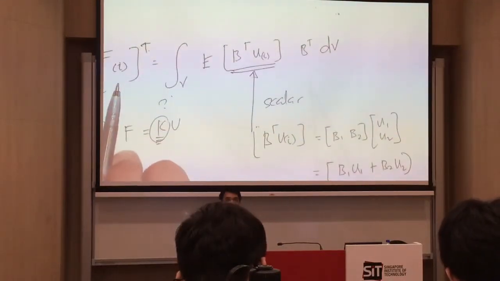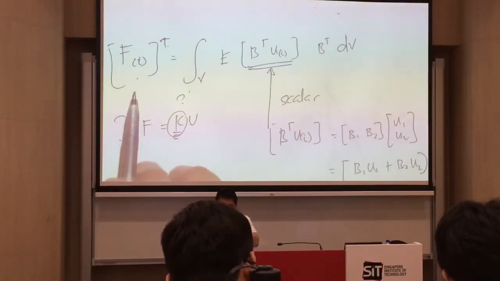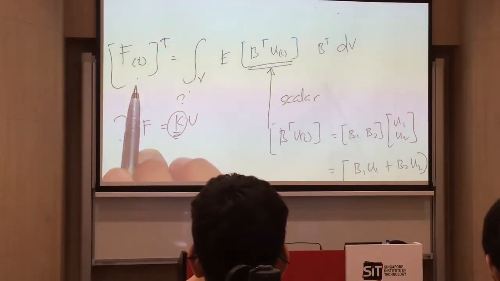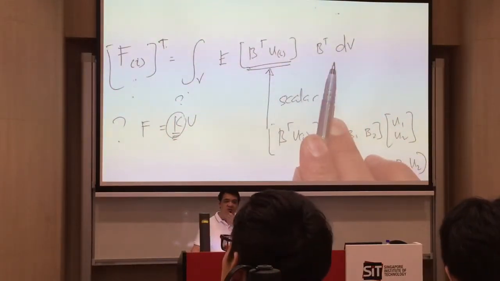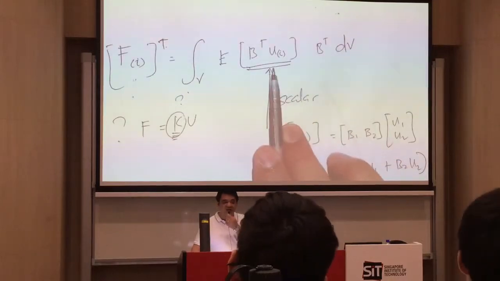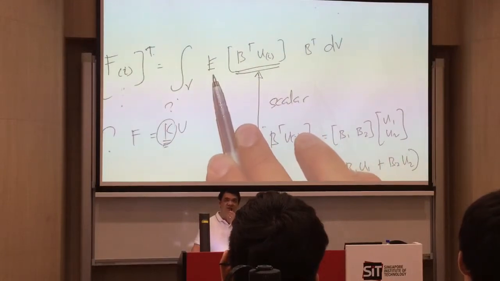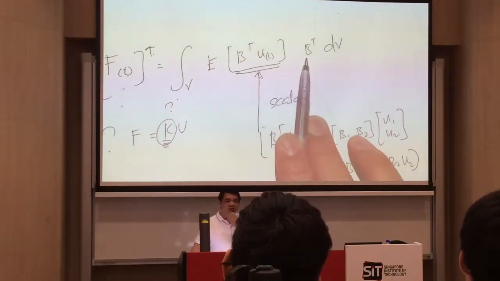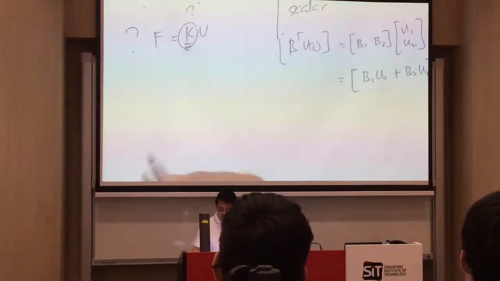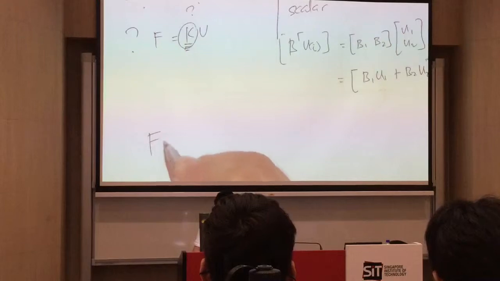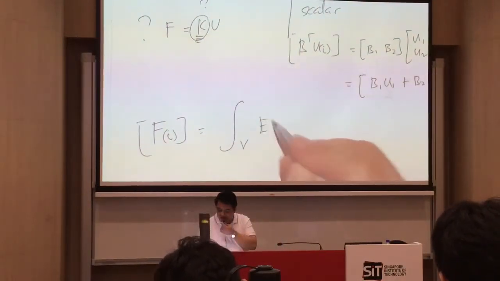So to be able to get this force here without the transpose, we need to take the transpose of both sides. Take the transpose of this one, and take the transpose of this one here. But this one is a scalar, so if you transpose a scalar, it's a scalar. If you transpose this E here, it's still E. But if you transpose B transpose here, then it will be B. So once you transpose everything, Fi is equal to the volume integral of dE